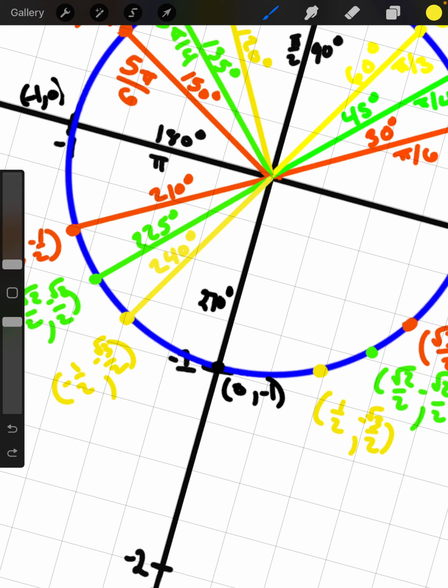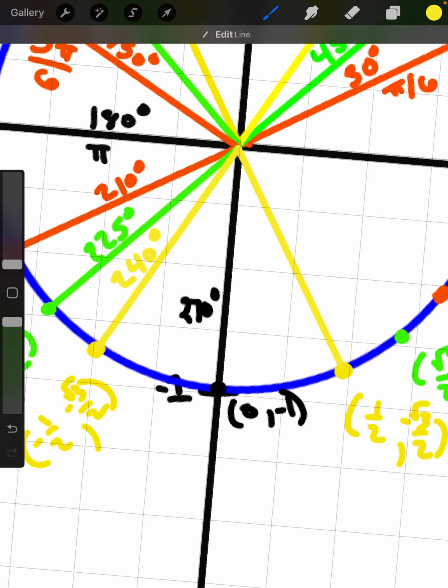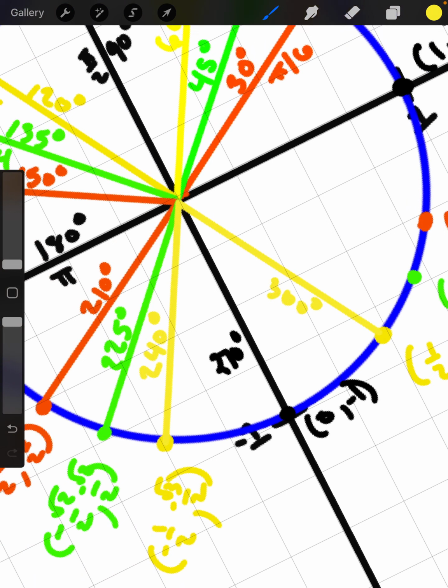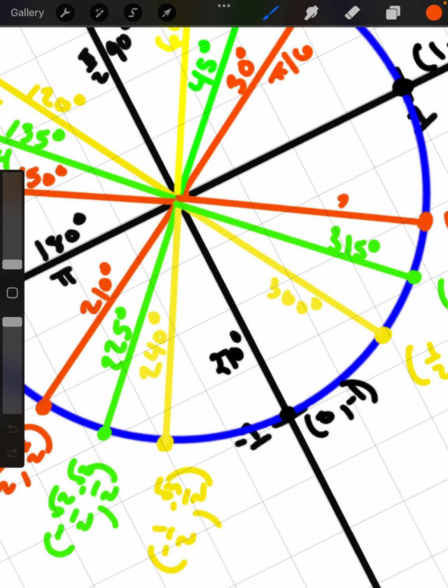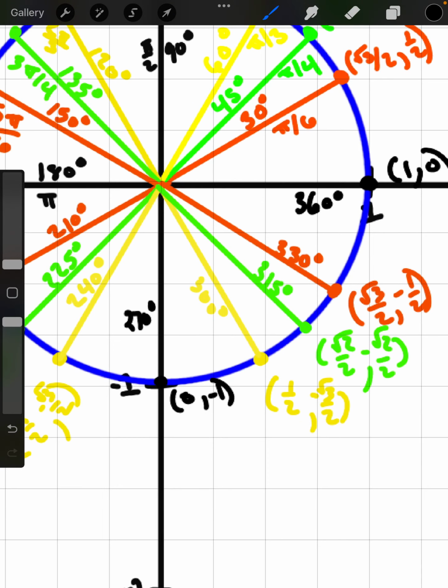And I'm going to keep following that pattern. 30, 15, 15, 30. So I'm going to sketch in my next segment. And I'm going to add 30 to my previous angle. So 270 plus 30 gives me 300 degrees. And then after that, it's 15 that I need to add. So 300 plus 15 would be 315 degrees. And then I add 15 again, which would give me 330 degrees. And then the last part of the pattern is to add 30 one more time, which would give me 360